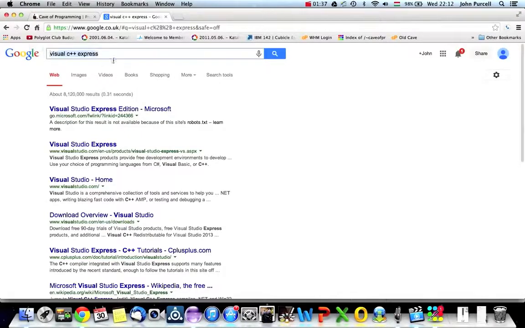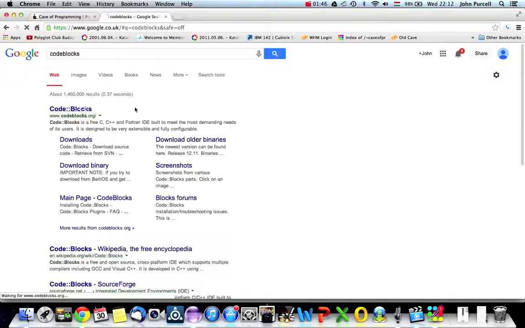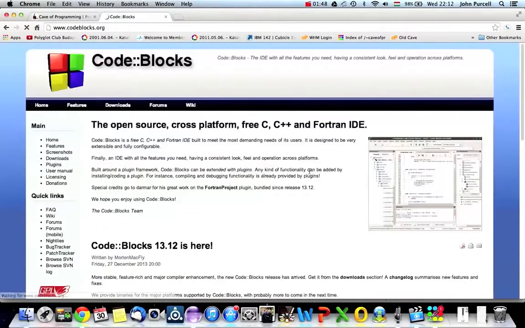Also on Windows, if you want a really simple solution to get started with, you can use Code::Blocks, and I believe that can automatically download a compiler for you. So Visual C++ comes with its own compiler, and I think that Code::Blocks can also download a compiler for you. These are actually integrated development environments. So those are two possibilities, and there are others, but what I recommend you to do is